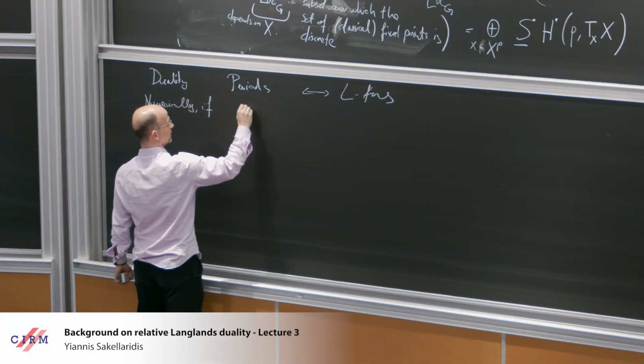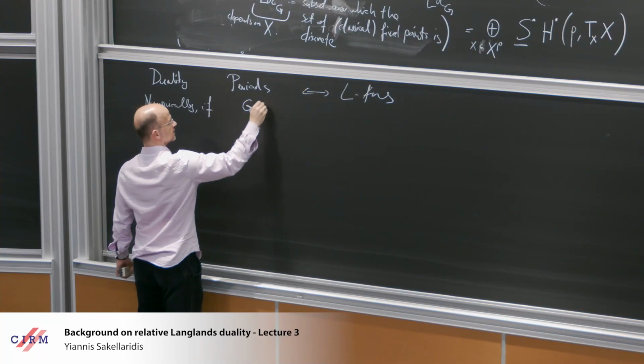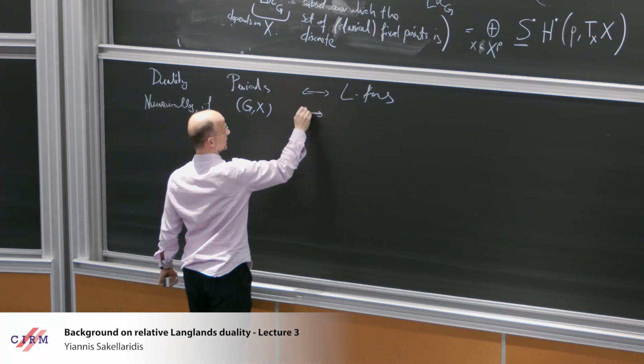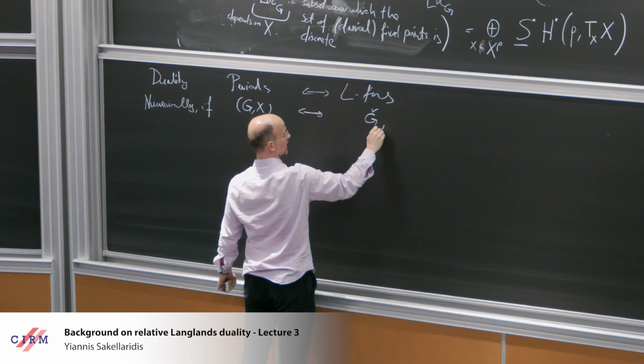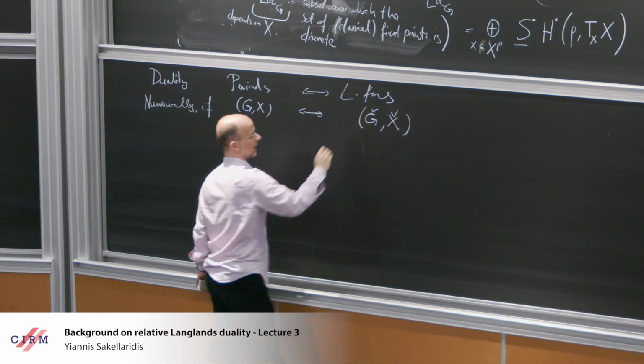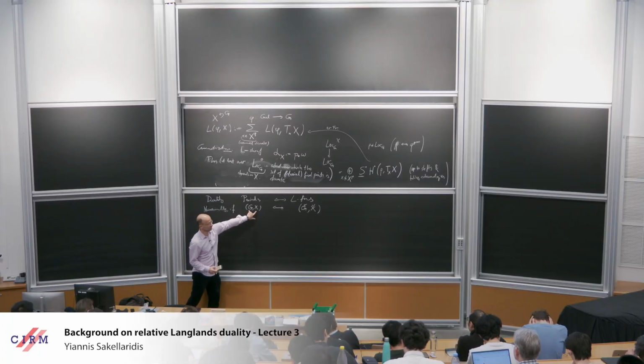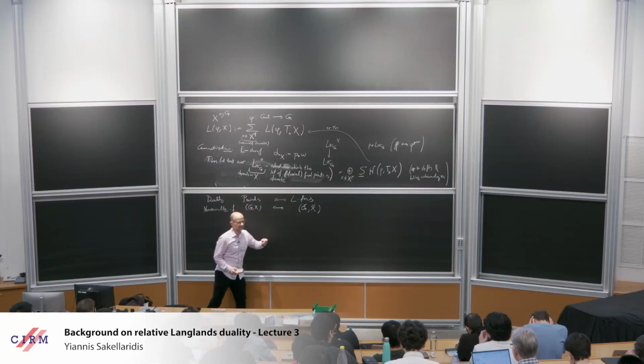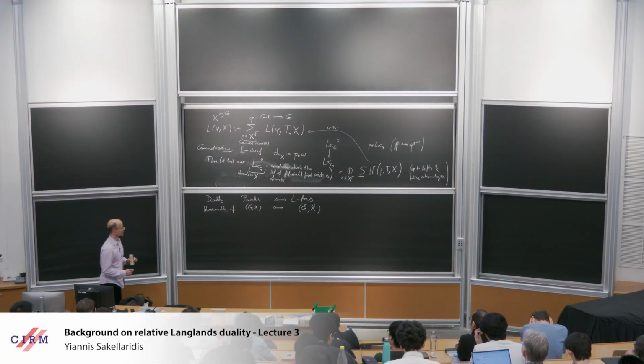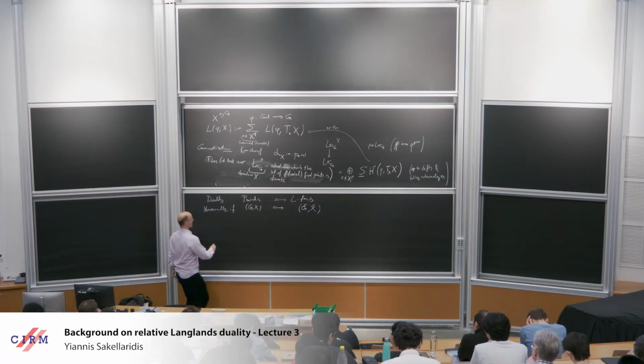If you have a dual pair, G-space X and G-check space X-check, and here I'm not talking about the Hamiltonian space. I'm really assuming that you have a dual pair of a G space X and a G check space X check. The Hamiltonian space is going to be the cotangent bundle. So assuming that everything is polarized, then